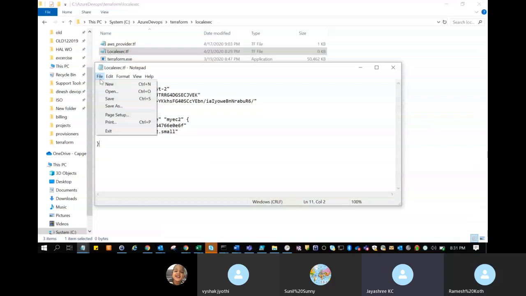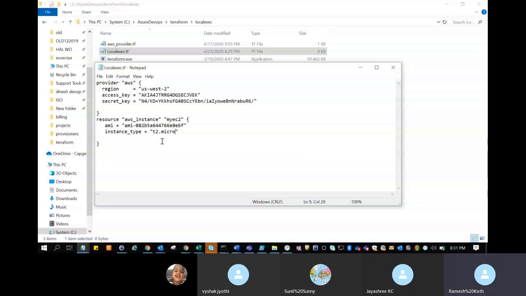Instance type, give t2.micro just to make sure, and the AMI ID also. I'll give you the AMI ID just to make sure the image is there. Give this AMI ID. I think it's the same. Then fine, you can go ahead